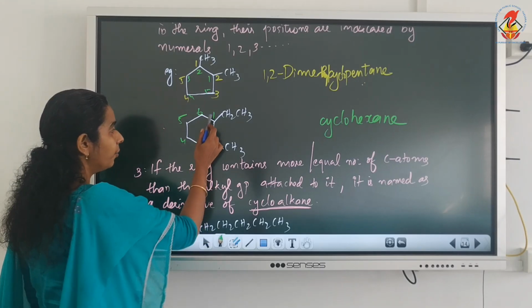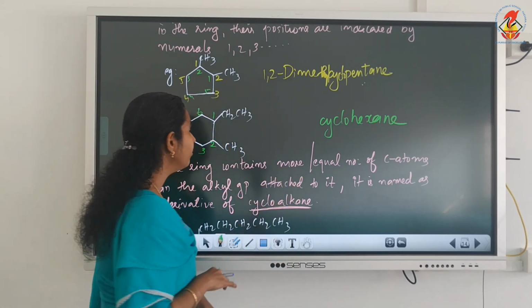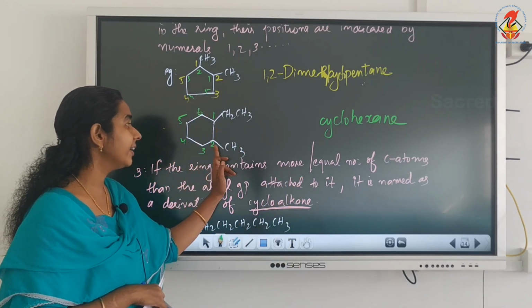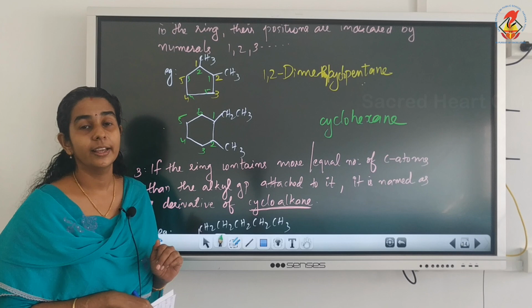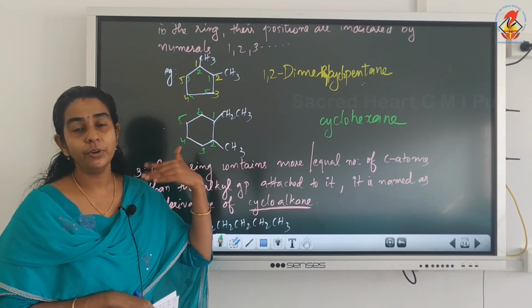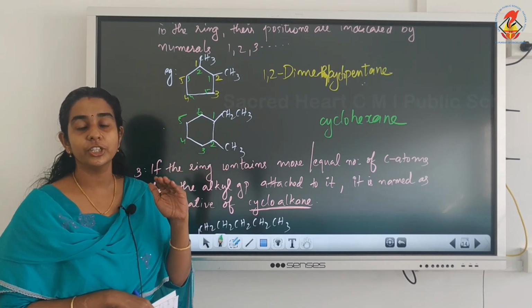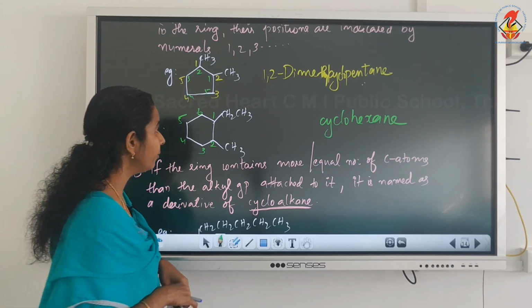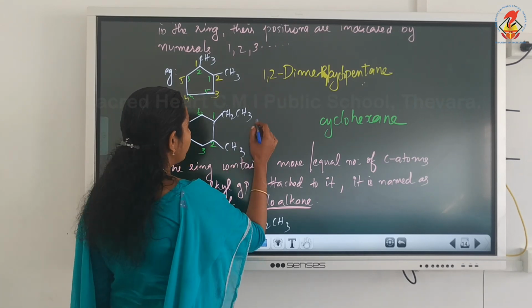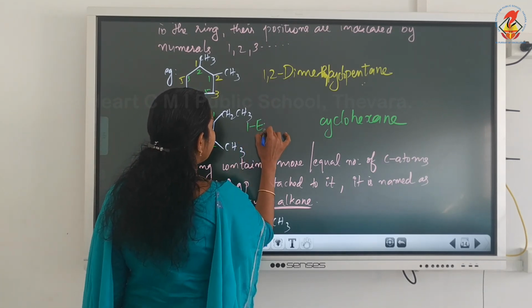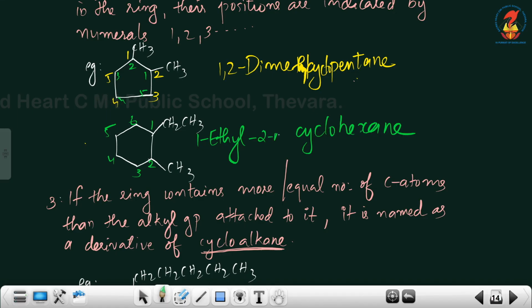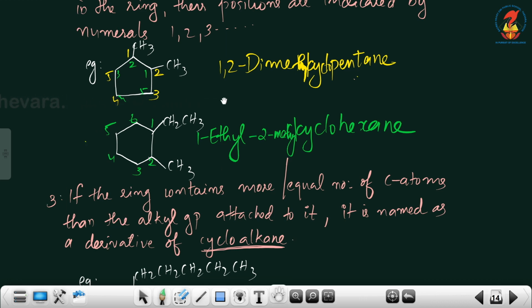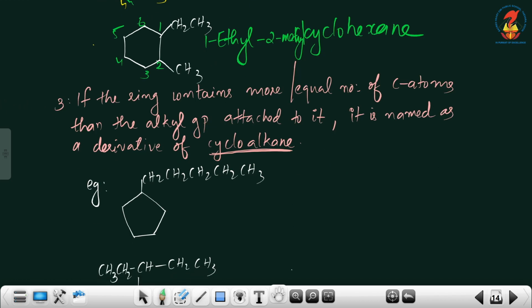Now on the first carbon we have ethyl and on the second carbon we have methyl. You follow the same rule: the one which comes first in alphabetical order should be written first. So E we have to write first, so it is 1-ethyl, 2-methyl, cyclohexane. What is the name of the compound? 1-ethyl-2-methylcyclohexane. So this is about the